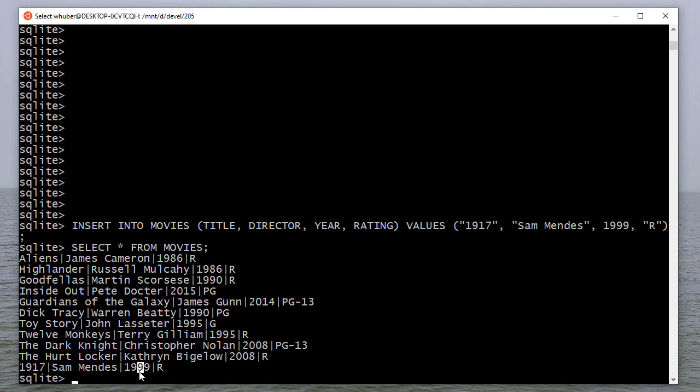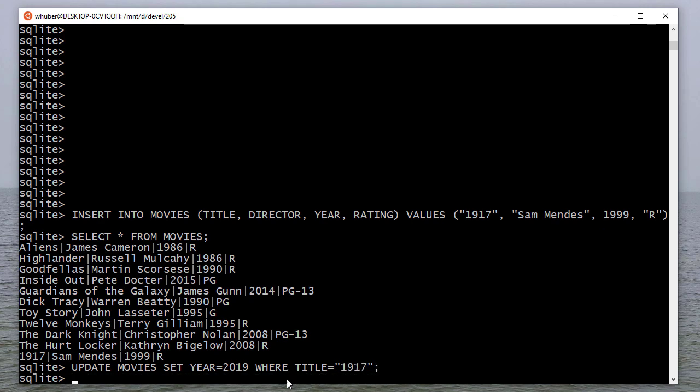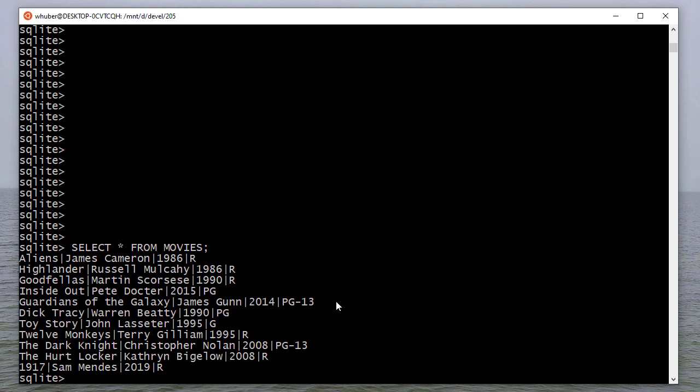However, it did not come out in 1999. It came out in 2019. So I can use the update command. I'll say update movies, which is the name of the table. And I'll say set year equal to 2019 where title equals 1917. And now when I do my select statement,